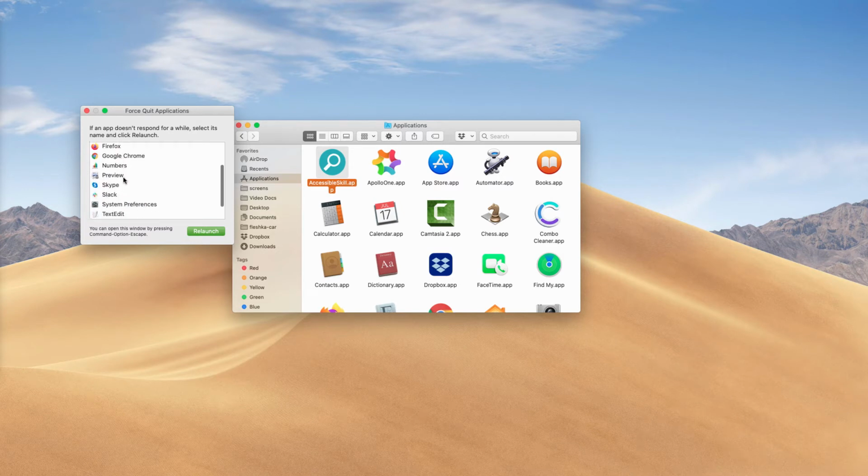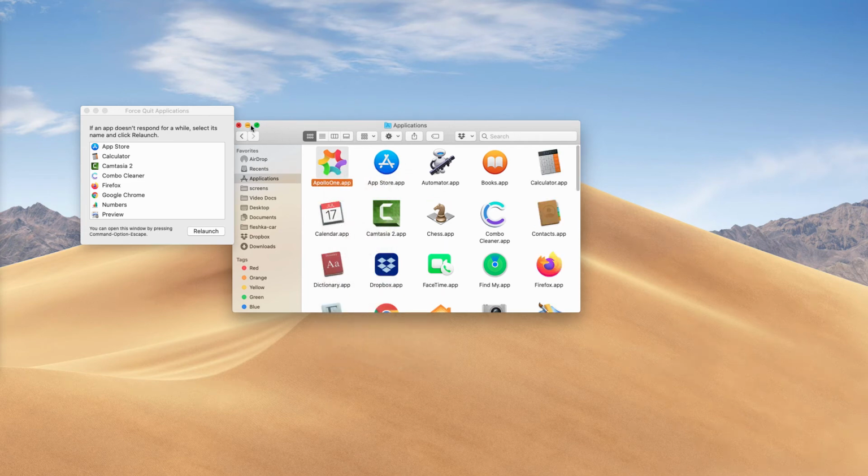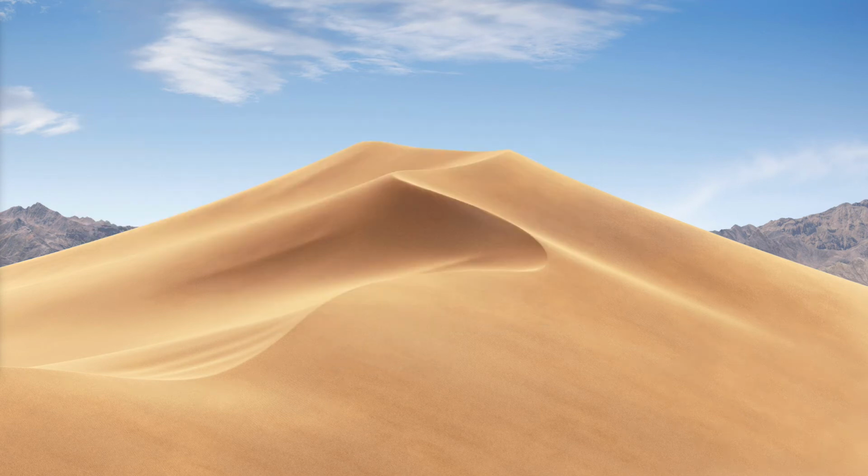And you will need to force quit your browser or several browsers that may be preventing you from removing this adware manually, because the adware may be part of some browser. So what you could do is to first force quit the browser and then right-click on the adware and move it to the trash. As you see, this is now completely accomplished, but I also recommend you to double-check your